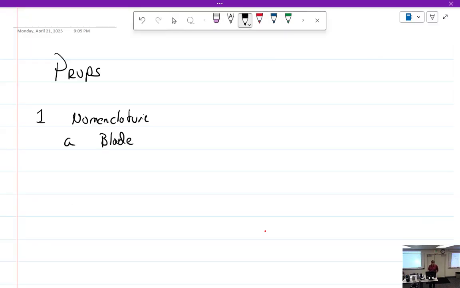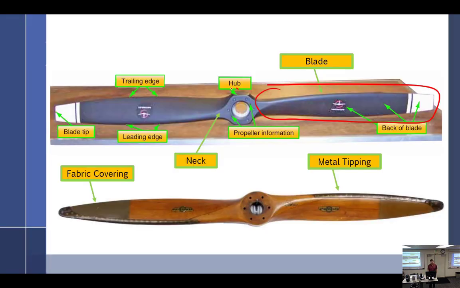I got the blade. We got the neck. We got the hub. That's the hub on a fixed pitch because it says hub. And you don't have to take a picture of this because I think I stole it right out of your book. But some of you didn't know that. The neck is this area right here. One of the things about metal props, they're a little more efficient because the neck can be shaped differently than on this. So that gives it more efficiency down near the hub.